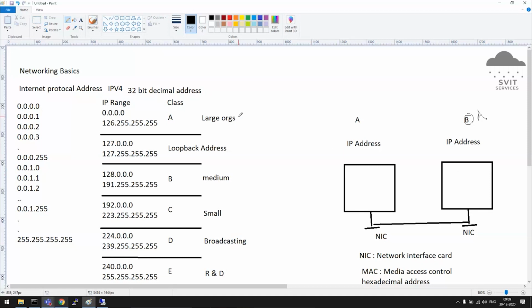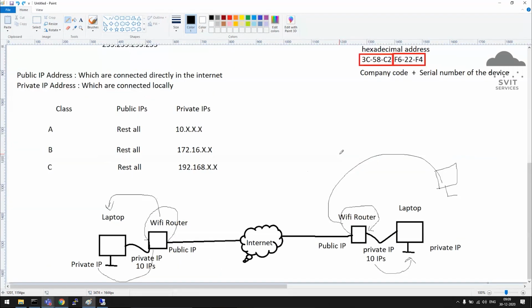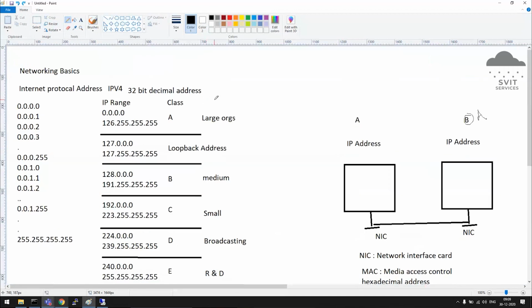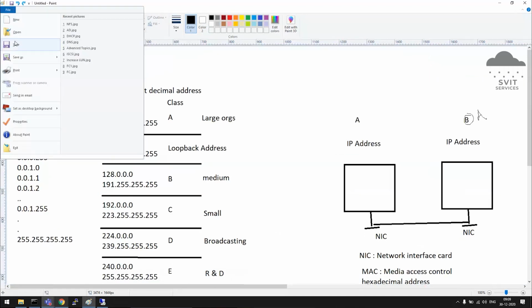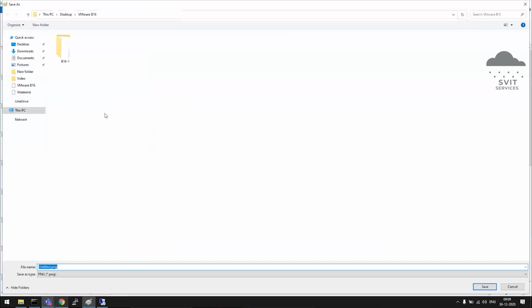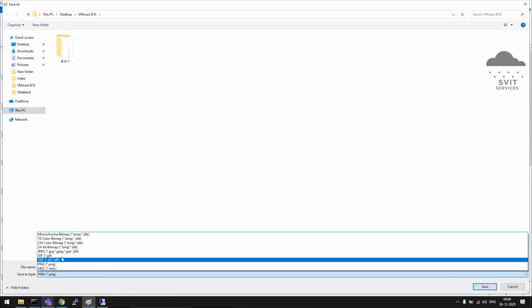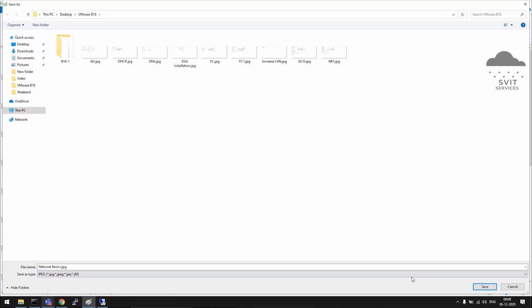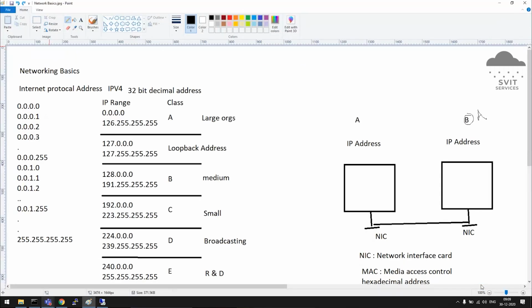Okay. As humans, we know it's class A and class B. Machines, how can they differentiate class A or B, or which network they belong to or not? Okay. So they will identify based on a value called subnet mask.